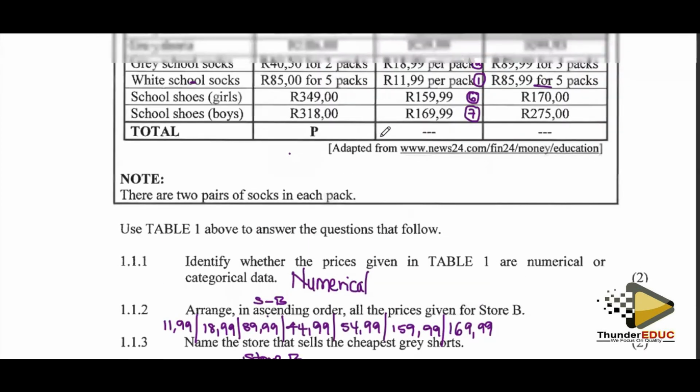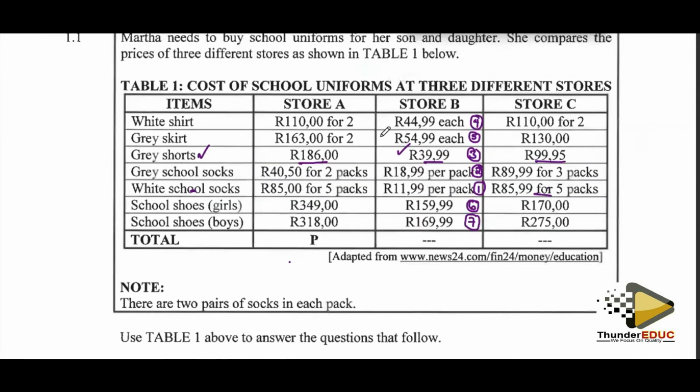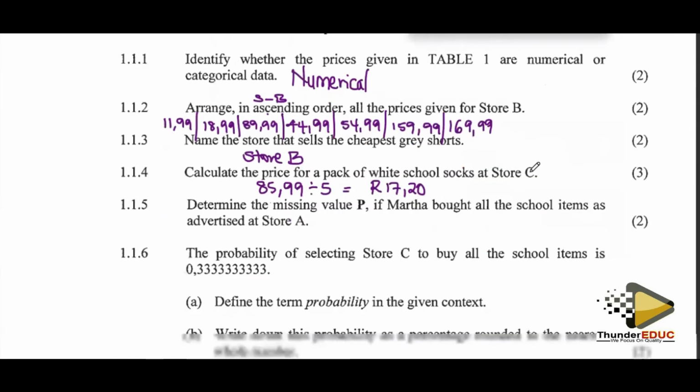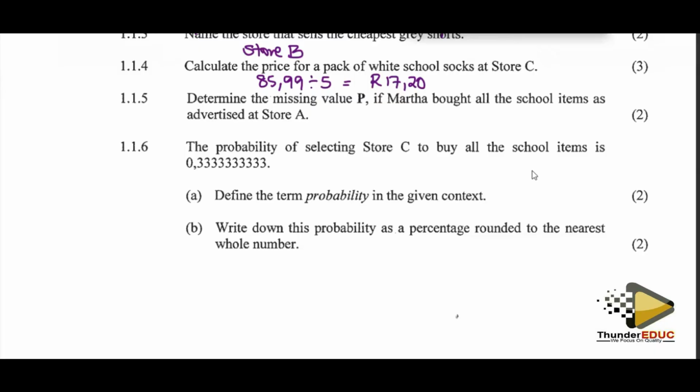Determine the missing value of P if mother bought all the school uniform items as advertised at store A. We are looking for the value of P, simply meaning we are going to add all these: 110 plus 163 plus 186 rands plus 40 rands 50 cents plus 85 rands plus 349 rands plus 318. When you add all those values, P will equal